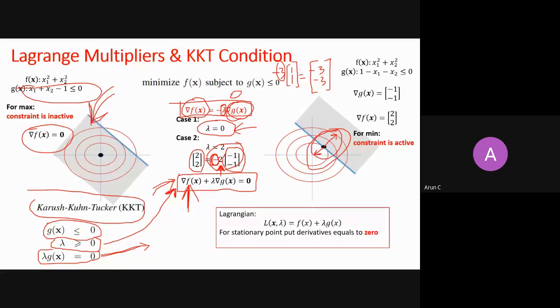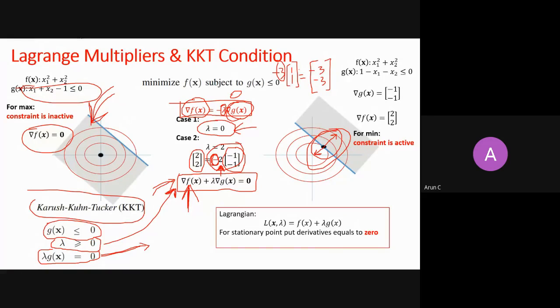Very good. Very nice. So this is an important concept. I would suggest you read it. I have tried to take this concept from Boyd, Chapter 5, and I try to just map these things from there. There is one book known as Convex Optimization, chapter 5, where he has introduced the duality concept. In that duality, the Lagrangian multiplier is involved. So I have taken these things from there. So these are the KKT conditions, and they're quite simple to understand if you get the gist of it, right?